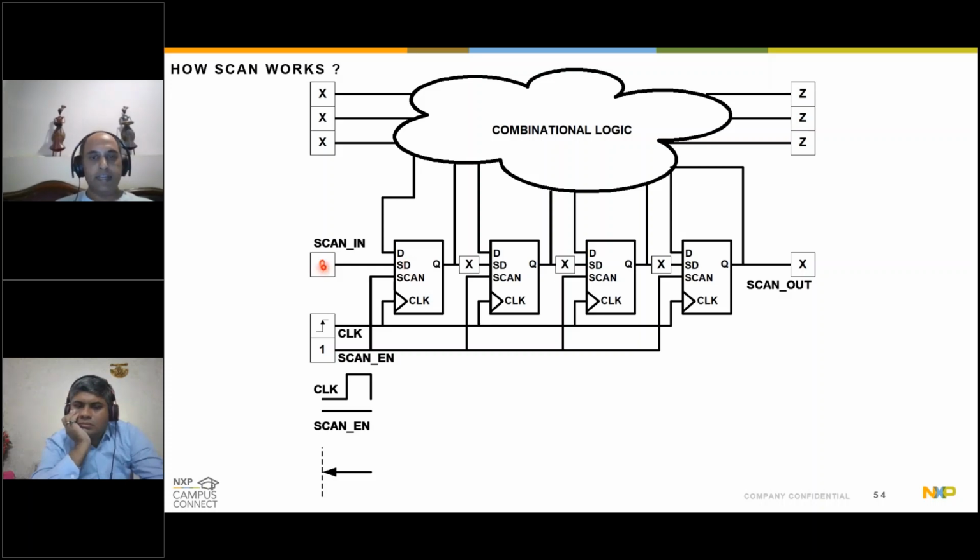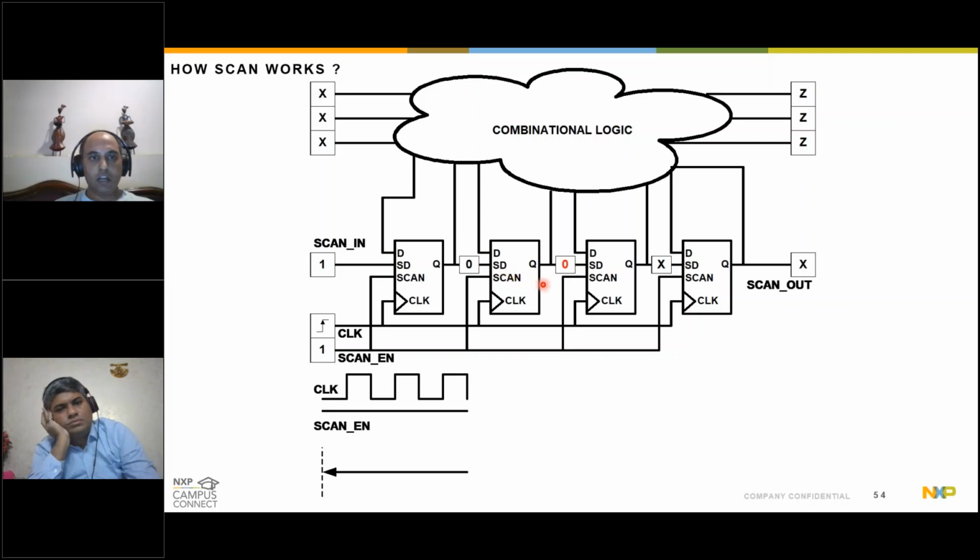Let's say my scan in is 0. As my next clock comes, the 0 goes from, let's say, the first flop to the second flop. At the next clock edge, 0 propagates to the third flop because scan enable is high and all the flops are connected back to back, Q to SD connections. You can also visualize that I'm giving different inputs on the scan in through the external world. So when the next clock comes, the value which was available on the primary input on the previous clock edge goes to the next sequential element, and the 0 propagates further.